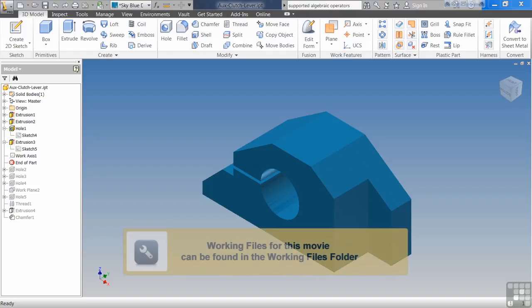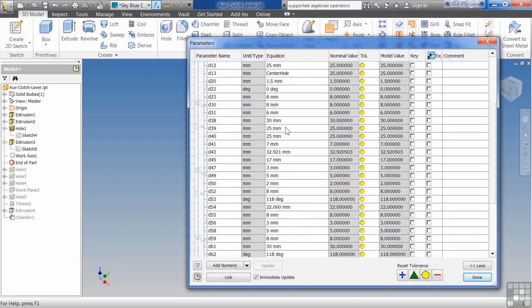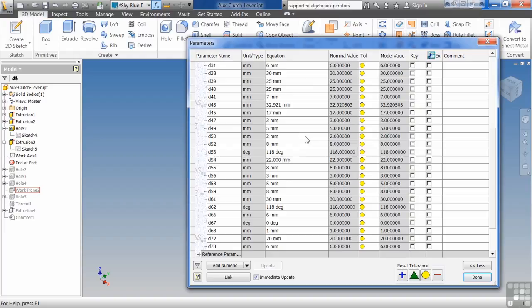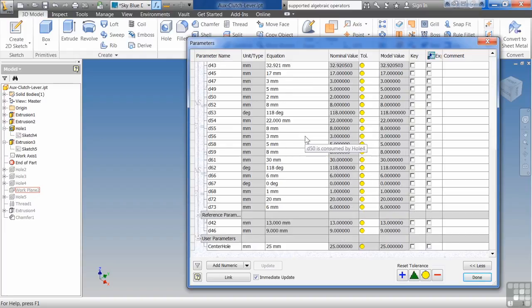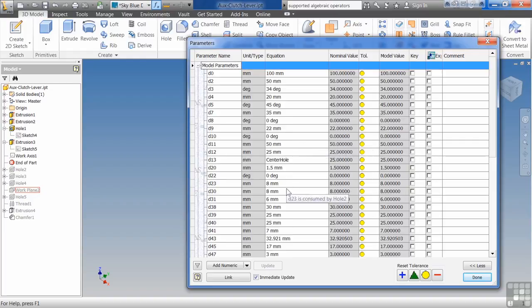In this exercise, we're going to be discussing using parameters. If you remember in Inventor, parameters are created every time you create a dimension. If we come up and look at the parameters button up at the top, we can see that for all these dimensions that make up this part, they're already in this table. Inventor's already done all the hard work for us. They've gone through, changed everything we needed it to change, and made it much easier to manage by giving us